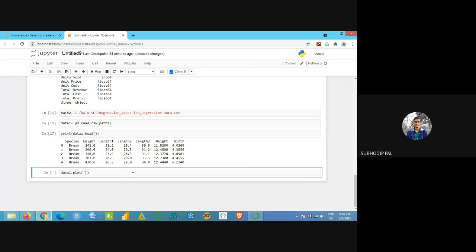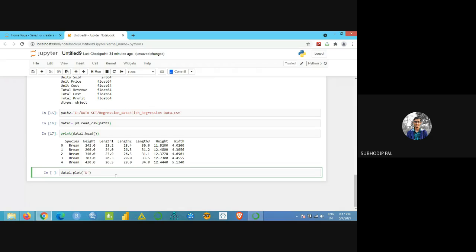Then I want to plot in between height and weight, right? How height has been changing with respect to the weight, or weight has been changing with respect to height. It's very case sensitive. See here, my variable is written with W capital. If I write a small w here, then it will not read.